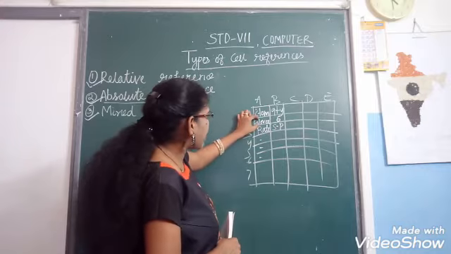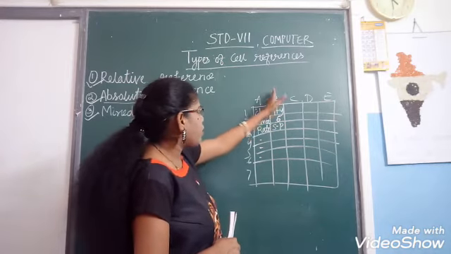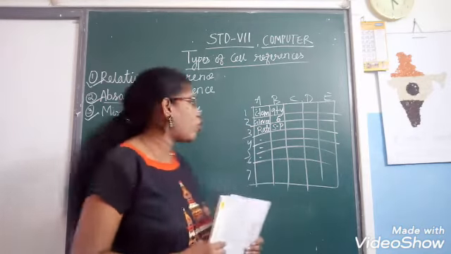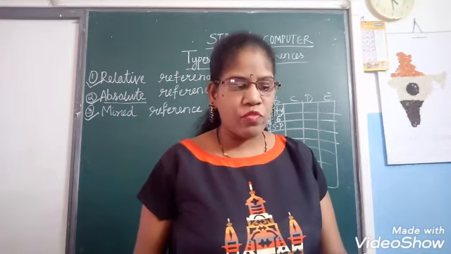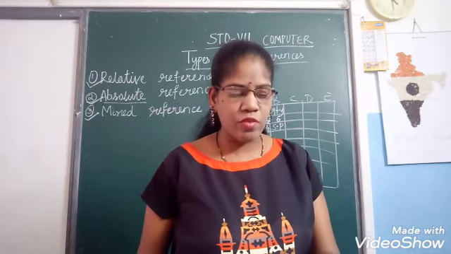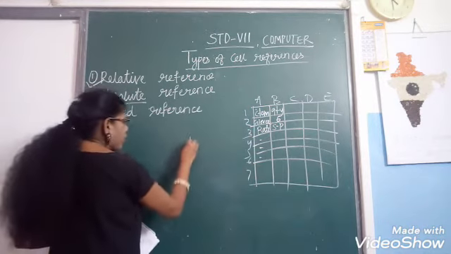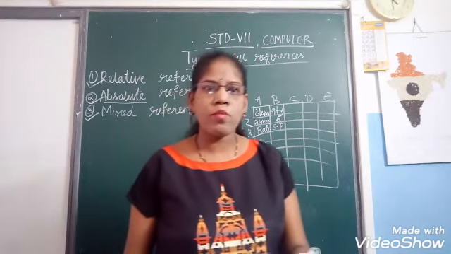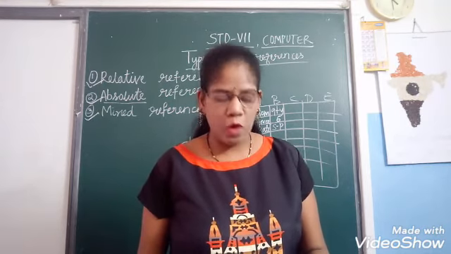The item, this item and the quantity, this 6, and the item should be constant. Means both column as well as the row should be constant. Then only that is known as absolute reference. See, we give absolute reference when we want to keep both the row and column constant. To make the row and column constant, we use the $ sign. Remember, this is the $ sign. When we want both the row and column constant, then we use the $ sign. Now you see the example, figure 2.3.